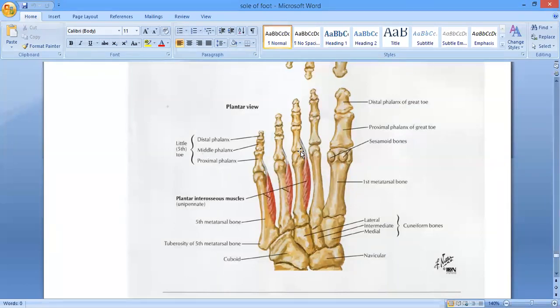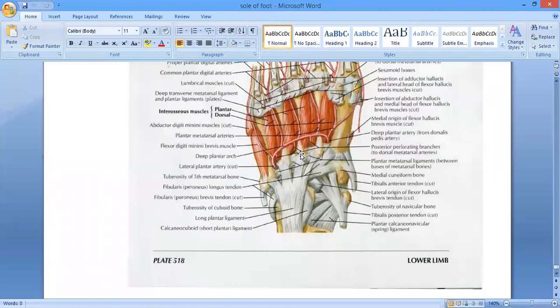Clear जी? सर ये फ्लेक्शन प्लांटर फ्लेक्शन है। जी plantar flexion होगी। Plantar flexion, dorsal side नहीं, plantar. It is responsible for the flexion of the metatarsophalangeal joint and the extension of the interphalangeal joints. ठीक है? ओके।